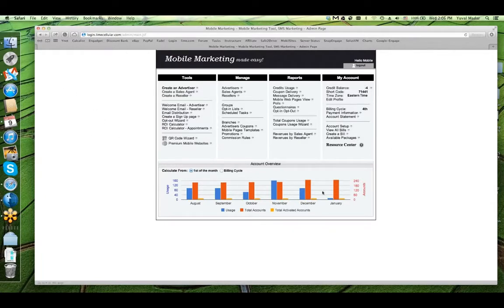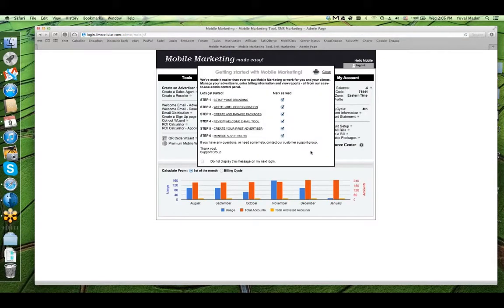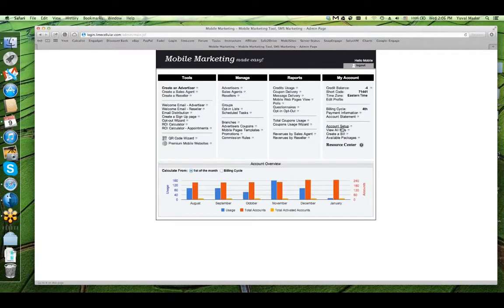So first of all, when you first log in, you have the getting started screen. You can always bring it back here or get rid of it right here. This will show you the basic steps how to get started with a white label account. So let's start with the basic one. Each one of them you can download a PDF right here. So let's get started. First of all, you want to go to account setup, which is right here under my account,